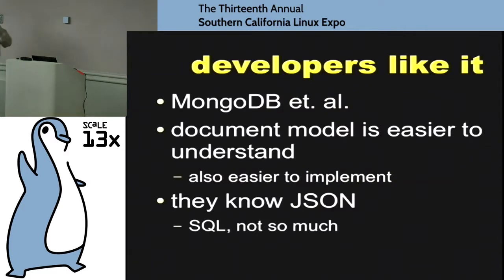Well, one of my answers for that is, developers really seem to like it. Application developers really seem to like doing stuff in JSON and sort of a document-oriented model. Obviously, the commercial success of MongoDB is the tremendous case in point to this. They wouldn't be successful if people didn't want it. And a document model is a lot easier to understand than a relational model. You actually have to have some training or self-education or something to get what a relational database is about structurally, whereas anybody can understand the concept of documents.